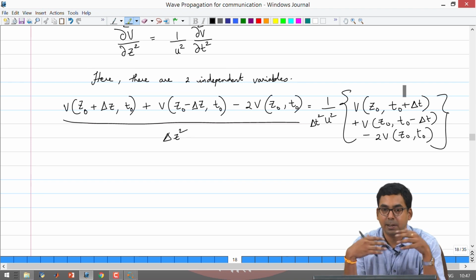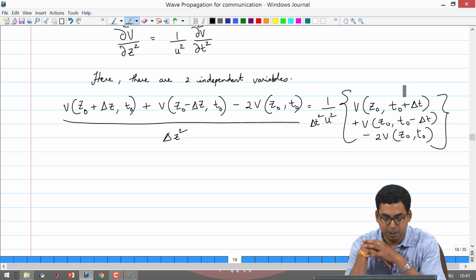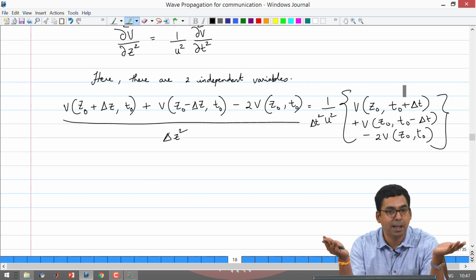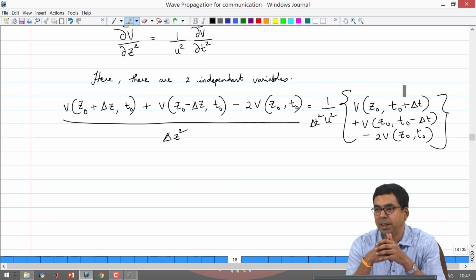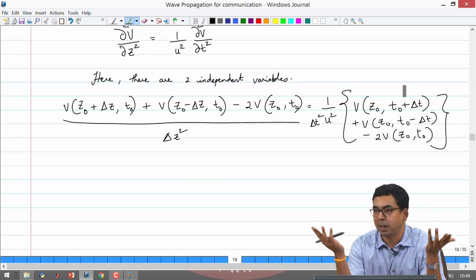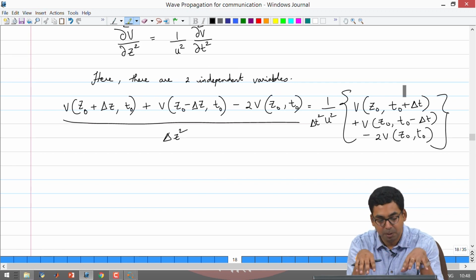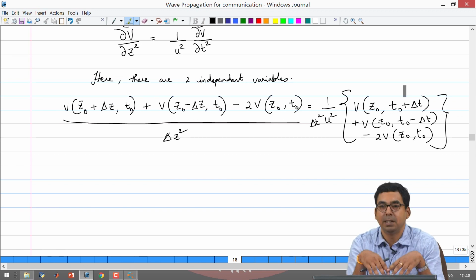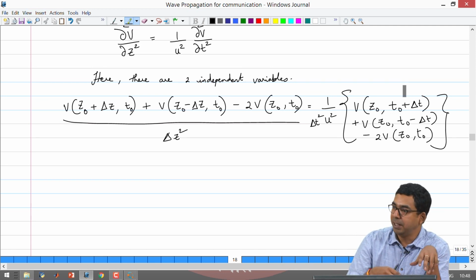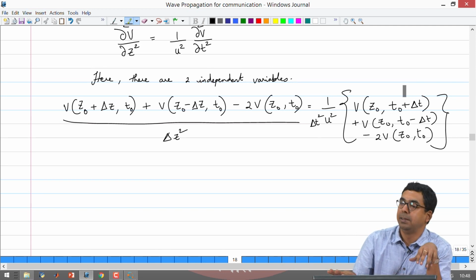So, for starters, just like how we did Laplace equation, you can say that delta z and delta t is going to be equal to 1. That is how we did delta x and delta y in the case of Laplace equation. And u, the velocity, we can take some 1 meter per second or 1 grid cell per unit time step to make our calculations very simple to begin doing this analysis. So, we will stop here. My suggestion is try to bring the unknown to one side, known quantities to the other side.